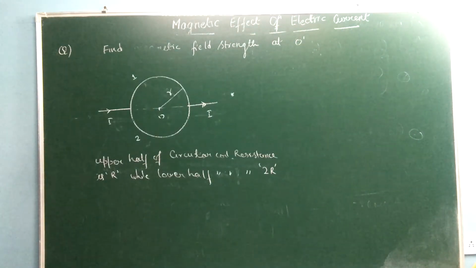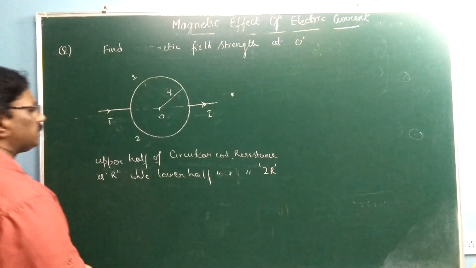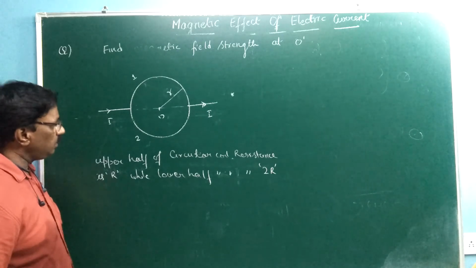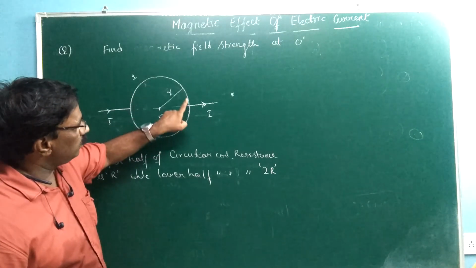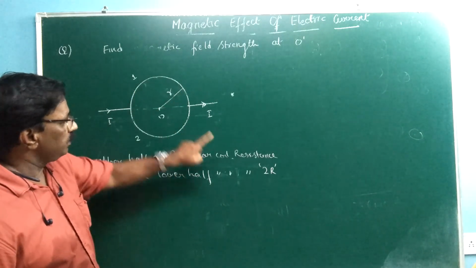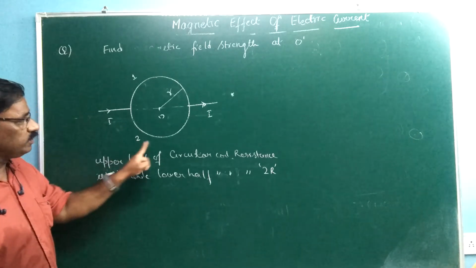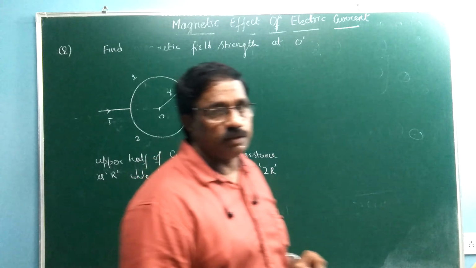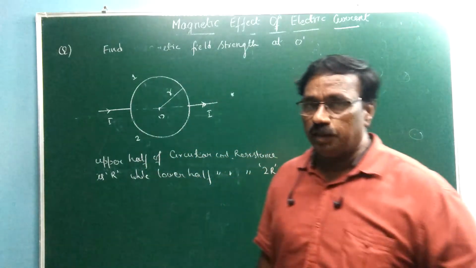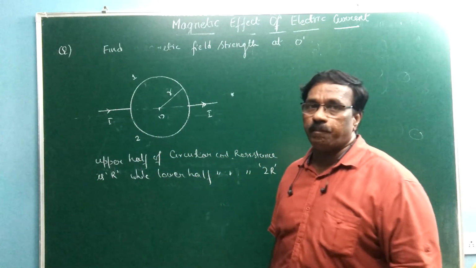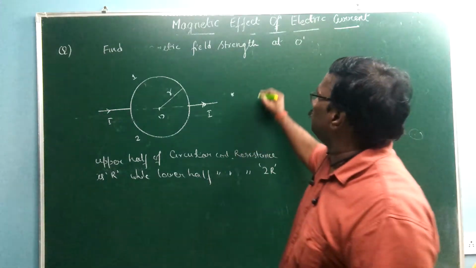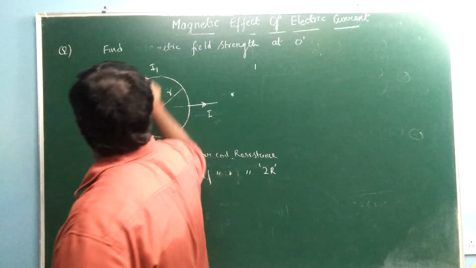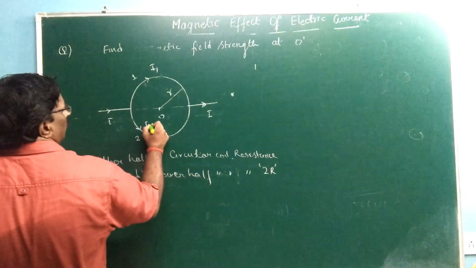So now if we check this question, is it possible to be 0 like the previous case? Let's read the question carefully. Here it says the upper half of the circular coil, this one, has resistance R, while the lower half has resistance 2R. So these two do not have the same resistance. They have different resistances, so the division of current also changes. So how does the current divide? Let us call the current through this I1 and through this I2.